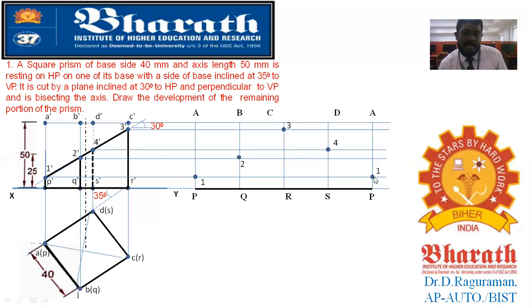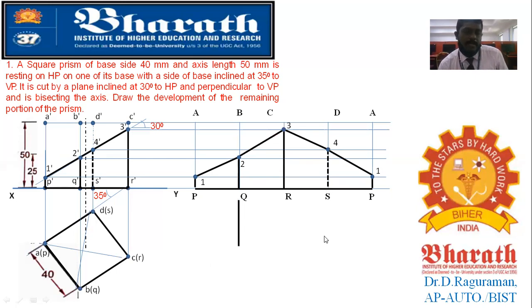So the base will be available as a thick line, and then you are required to make vertical lines. You connect all the points, 1 to 2, 2 to 3, then 3 to 4, 4 to 1, then connect all the edges. These are all longer, existing edges. They should not be made as dotted lines, they should be made as continuous thick lines, because in a development we should not make them dotted. In a book solution they show it as a dotted line, but you mark it as a continuous thick line.